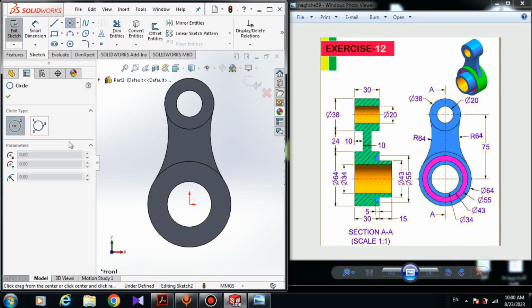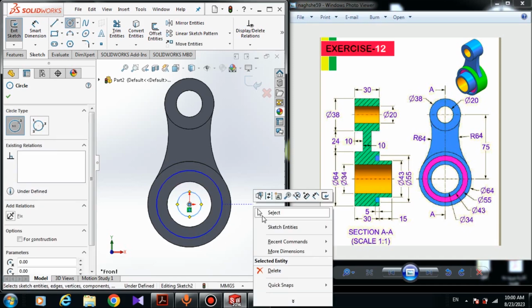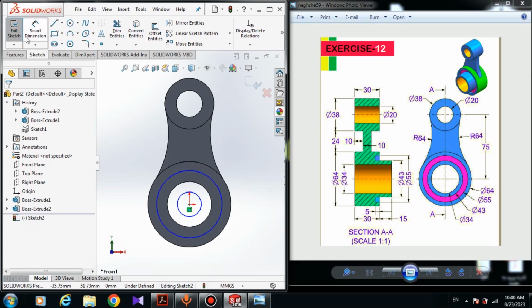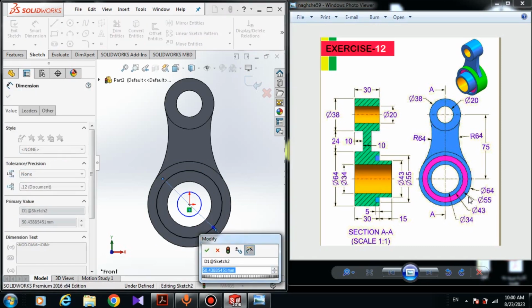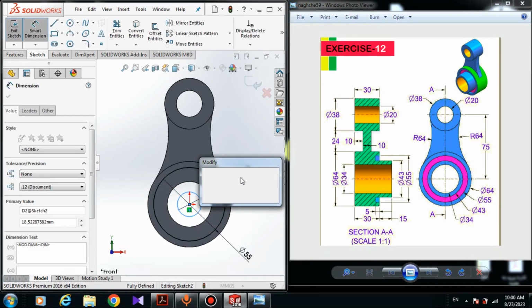Here choose a circle, 2-point circle, and draw a circle at the origin point. So I draw 2 circles in each other, and I right click and select. Here choose a smart dimension. The dimension of the bigger circle is 55 millimeter. So you can see it is 55 millimeter, and the dimension of the smaller one is